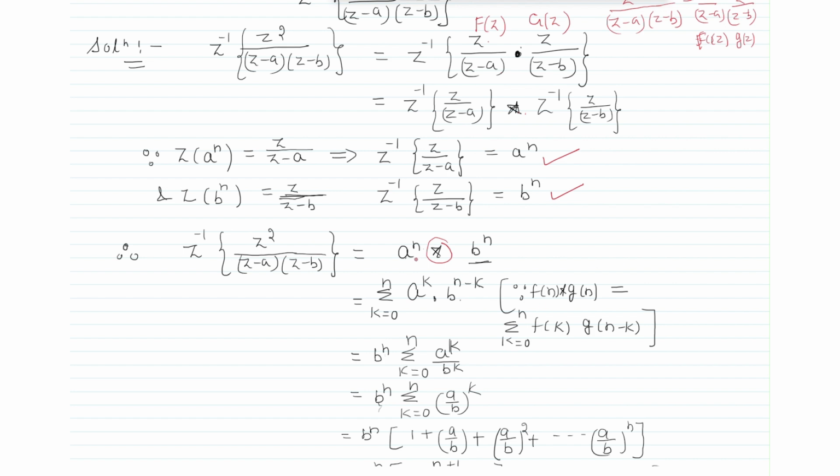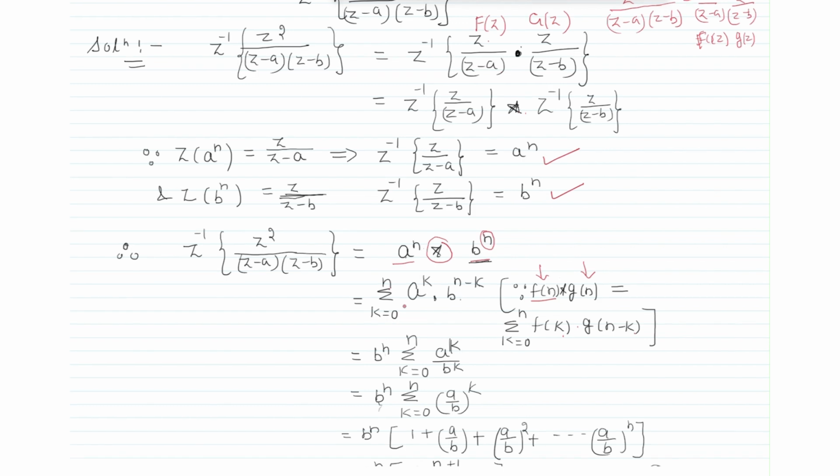What is the convolution concept? If we have two sequences like f_n star g_n, we replace the first sequence by k and the second by n minus k and put a summation from 0 to n. Using the dot product, we write a to the power k, and this is now b to the power n minus k because n is replaced by n minus k, with the summation from 0 to n.